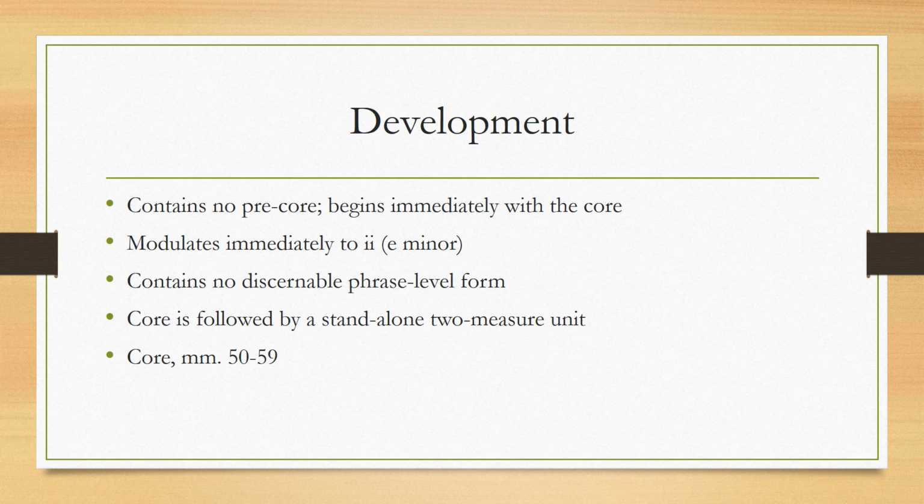The next major section of the sonata is of course the development. This development does not contain a pre-core. It begins immediately with a core, so it does not use pre-core core technique. The core modulates immediately to the key of 2, or E minor. It does not contain any discernible phrase level form because it's meant to have a quality of unrest and agitation. The core is followed, interestingly, by a standalone 2-measure unit that does continue on with